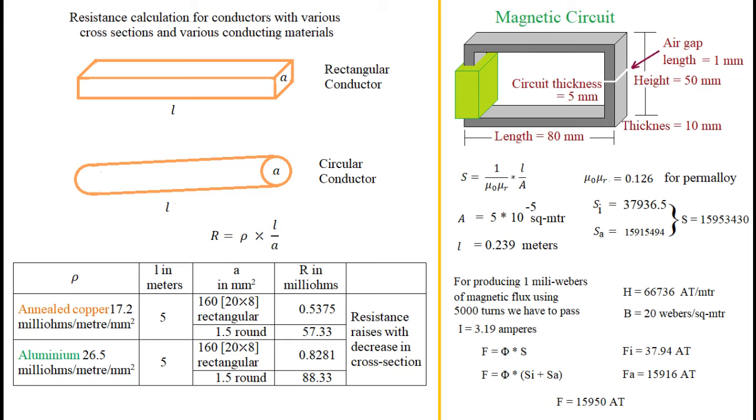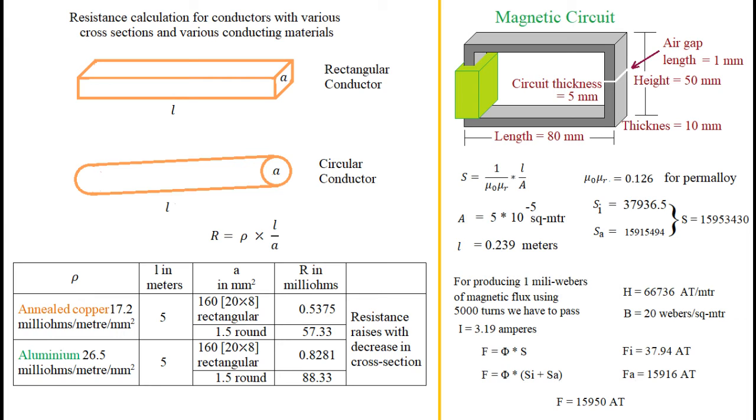Now let us consider the magnetic circuit shown on the slide. This magnetic circuit has some part consisting of an iron path, but some part is of air also. These two parts constitute two elements of the magnetic circuit which are connected in series. We have to calculate the reluctance of these elements separately and add them to get the total reluctance of the magnetic circuit. We see on the slide that the reluctance of the magnetic path is much smaller than the reluctance of the air path, although the air path length is much smaller than the iron path length.